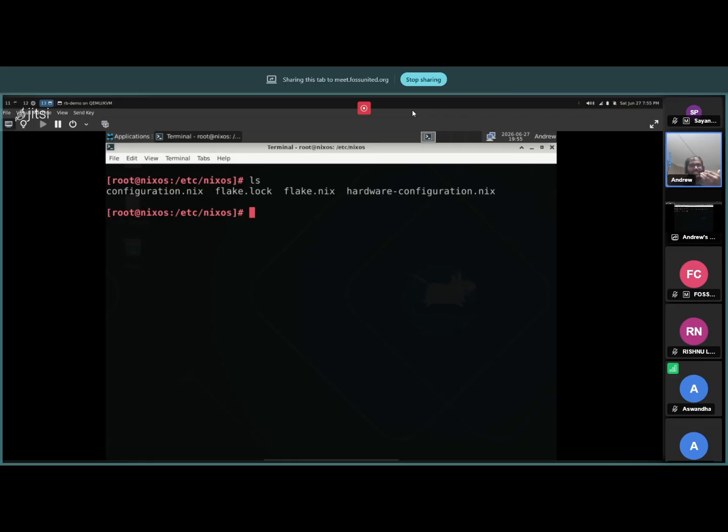Now, another thing with NixOS, and this is where I'm trying to pitch to the Arch people even more, is I also used to use Arch. And one of the reasons why I left Arch is because when I started getting a job, I wanted my system to be stable. I didn't want my system to break after an update and things messing up, which is what Arch people end up dealing with, right? So in Nix, you don't need to worry.